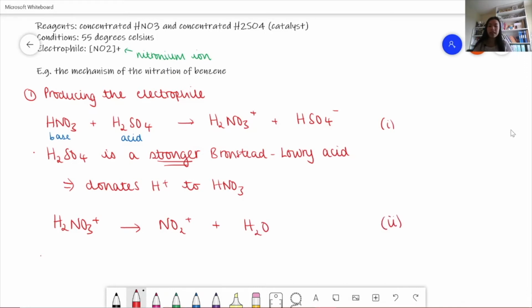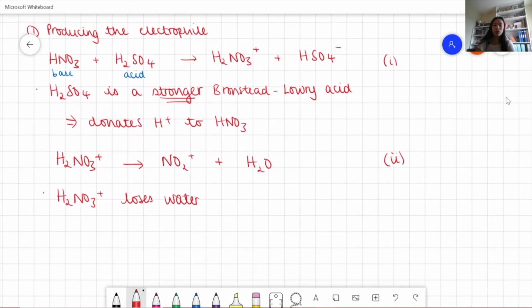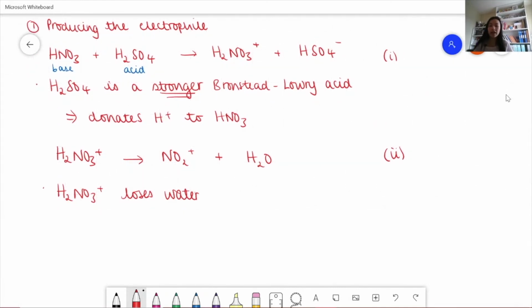And what happens here is that H2NO3 plus loses water. And so now we can write an overall equation for the production of the electrophile. So overall, we have that